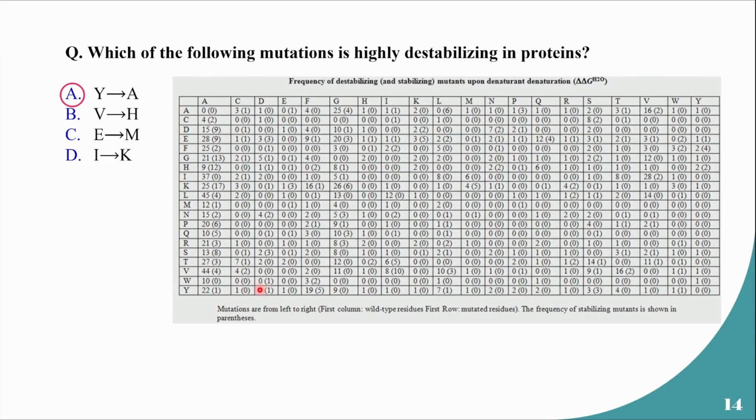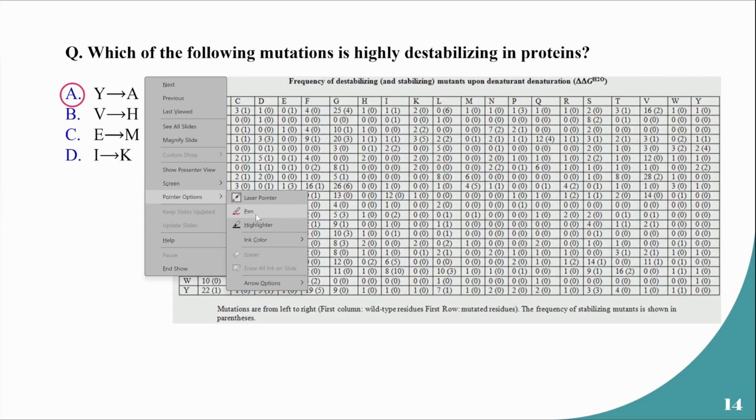That means that those data points outside of the parentheses will be destabilizing, or neutral can also happen here, but for the stabilizing mutations shown in the parentheses, from that we can infer, if we take a look at all of these